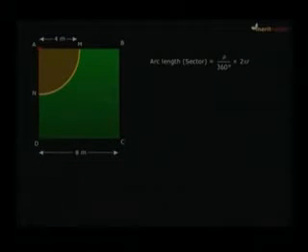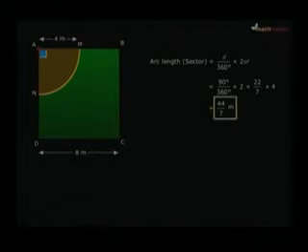So let's use this formula in the question again. Go back to the figure. Theta, we know that is 90 degree. So the length of arc MN is 90 degree by 360 degree into 2 into pi, that is 22 by 7, into r, length of the rope, 4 meters. You simplify this expression and you get your answer as 44 by 7 meters. So the length of arc MN is 44 by 7 meters.